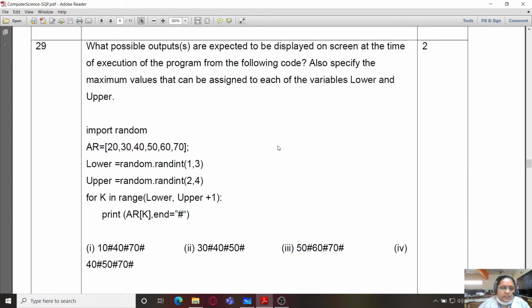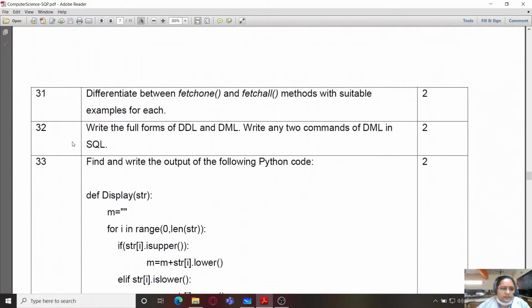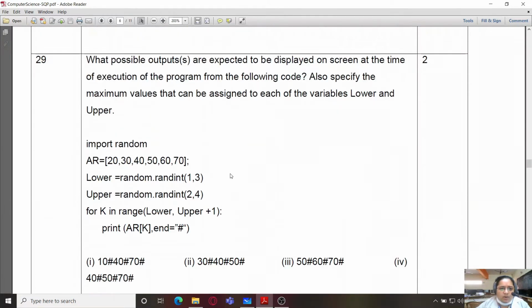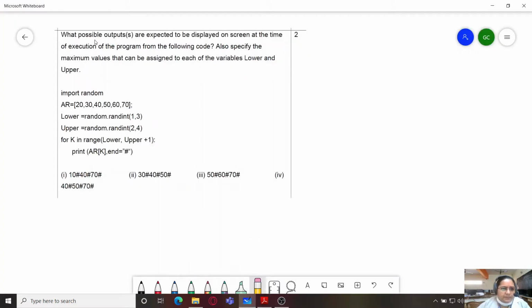Today we will be discussing the third part and we'll be taking up a few more questions from part B section 1. So let us move on to today's class. So these are the questions which we are going to take today. Question number 29, 30, 31, 32, 33, which belong to section 1 of part B. So these are 2 marks questions as you can see, and mostly these are conceptual questions. So we start with the very first one, that is 29th question.